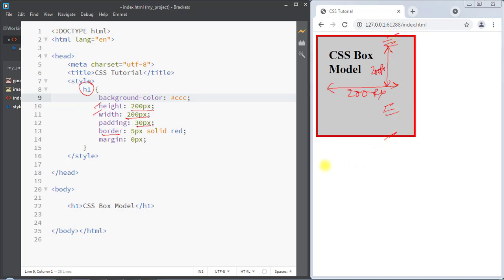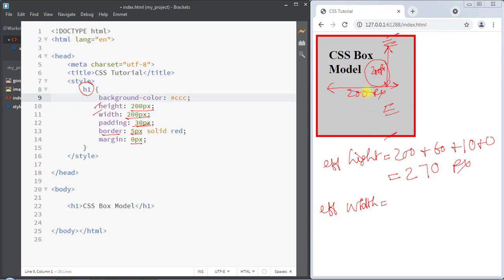So the effective height will be, the height is 200 pixels, so 200, plus the padding on both sides, so 60 pixels, plus the border on both sides, so 10 pixels, plus the margin is 0, so the effective height will be 270 pixels. Similarly, the effective width will be, the width is 200 pixels plus the padding on both sides,